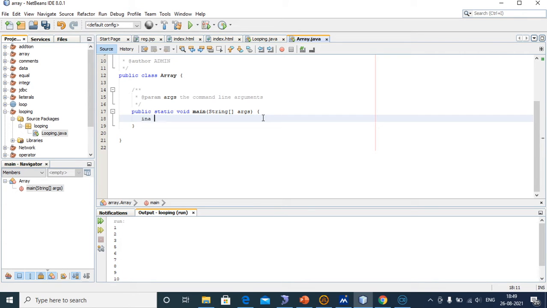For example, int a equal to new int 5. I will declare it as 5. This is the declaration and instantiation.